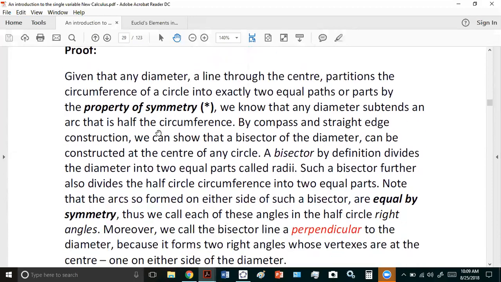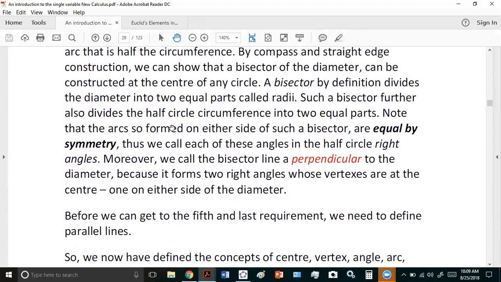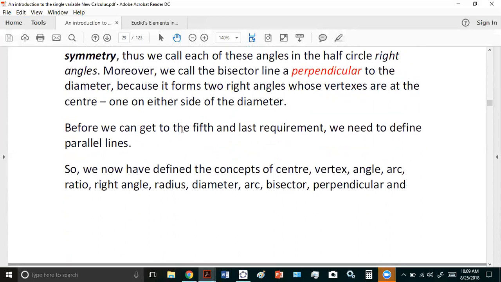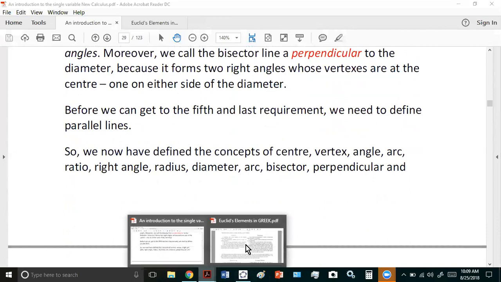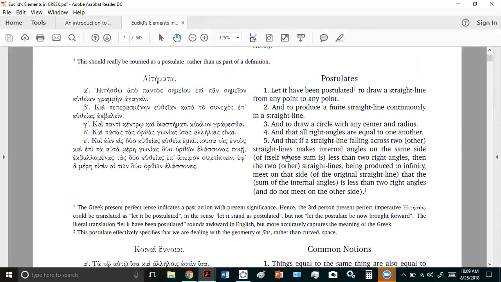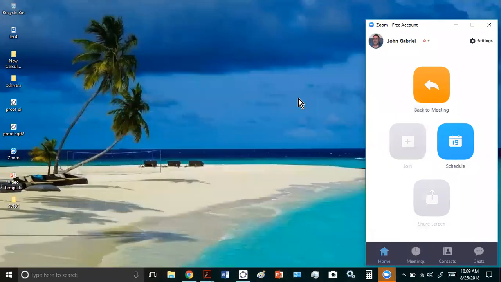All right, and I'm not going to go through the whole proof here. You can read all this and see that you don't need axioms or postulates. And so once you've done that, then you've really shown that all right angles are equal to one another, which is this 4th requirement here. So you're almost there. Now, to get to the 5th requirement, you have to define many other